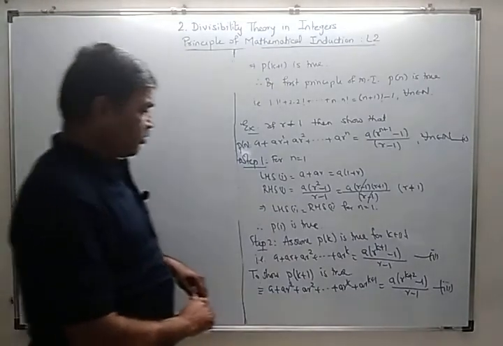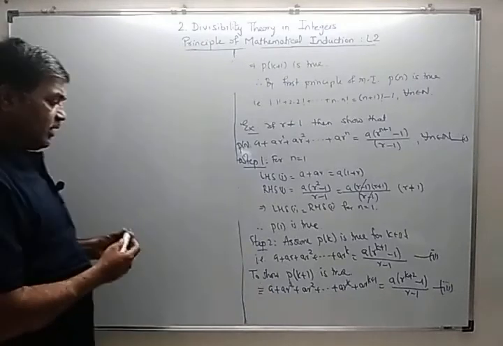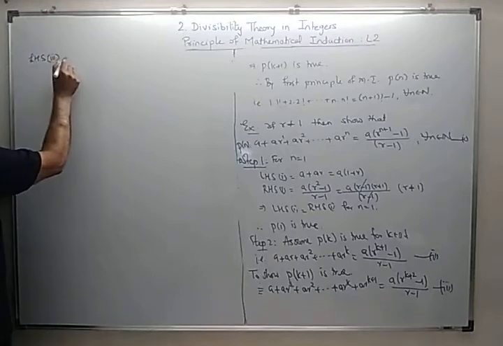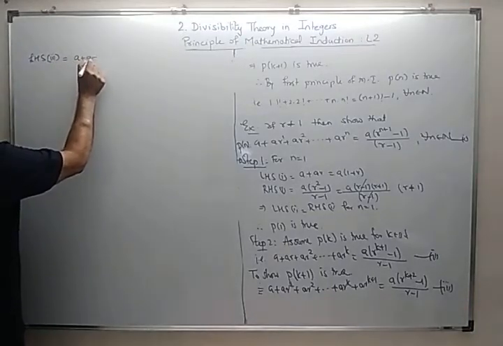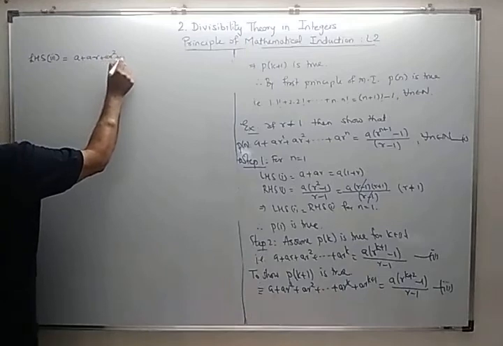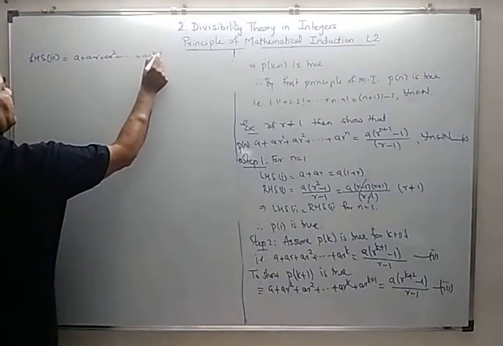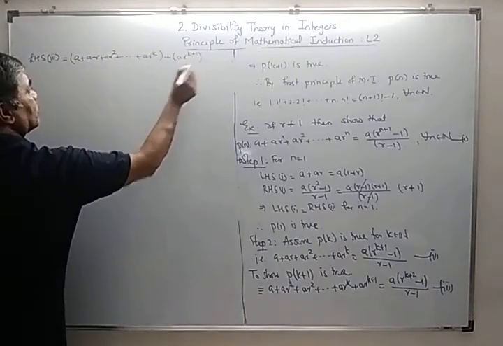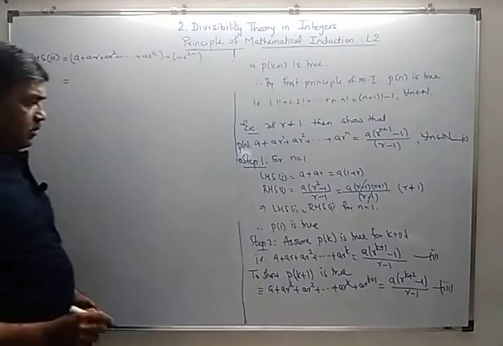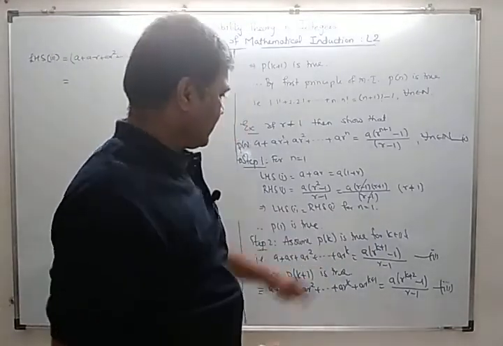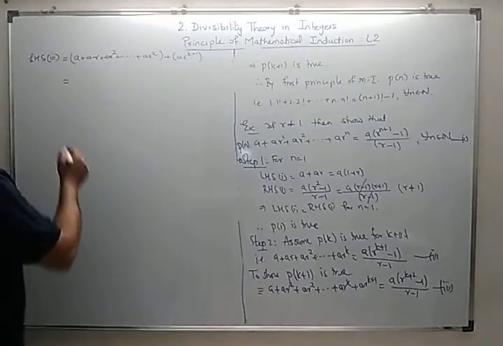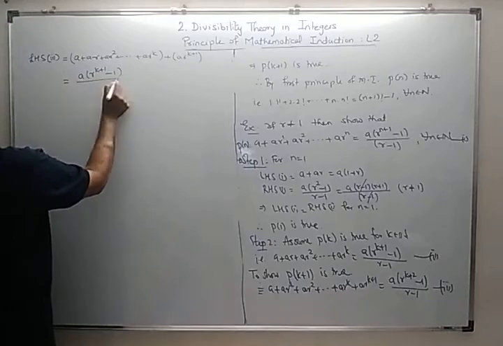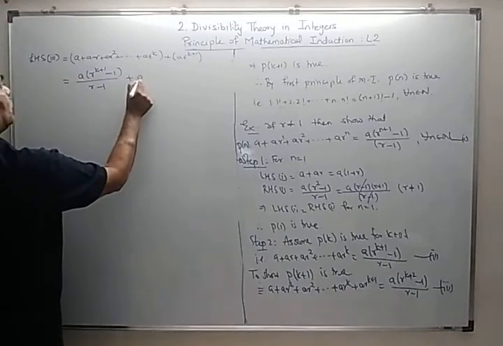So we'll take the left hand side of 3. Left hand side of 3 equal to a plus ar plus ar square plus dot dot up to ar raised to k in one bracket, and plus a into r raised to k plus 1. By hypothetical step second, it is nothing but a into r raised to k plus 1 minus 1 upon r minus 1 plus a into r raised to k plus 1,